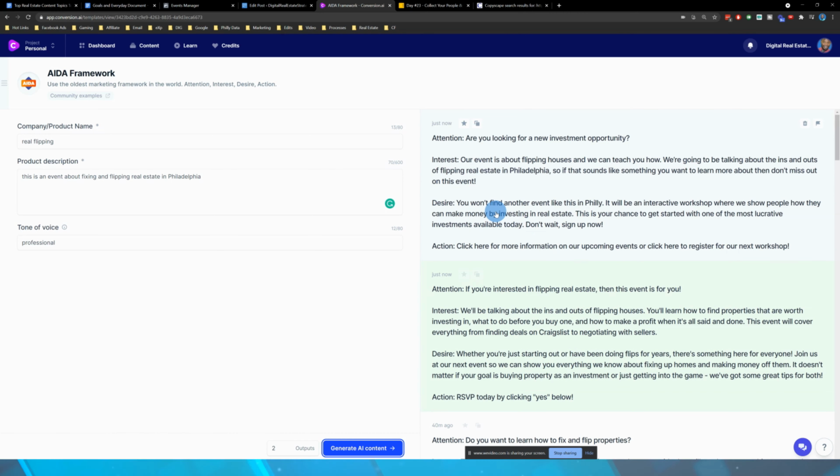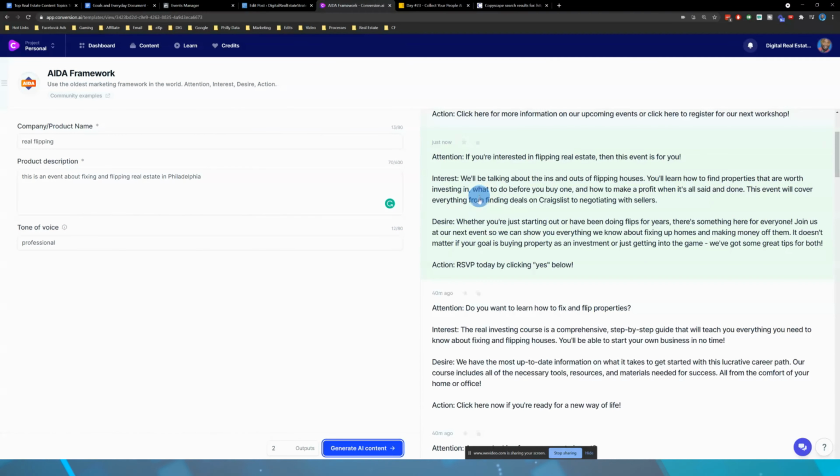So right there, that quickly, we came up with decent, compelling copy that we can take over to a Facebook ad. We can take it over to a blog article. We can put it in an email, just that quickly. In less than a minute, we came up with that copy by just putting in these keywords over here.